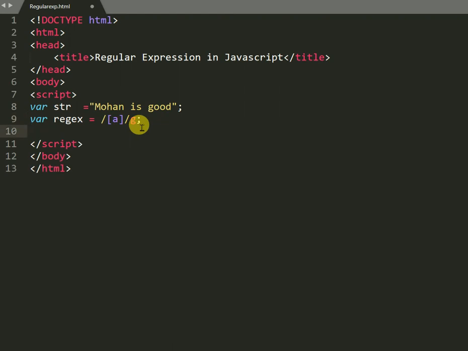And here I am making one using the constructor, taking a new variable.